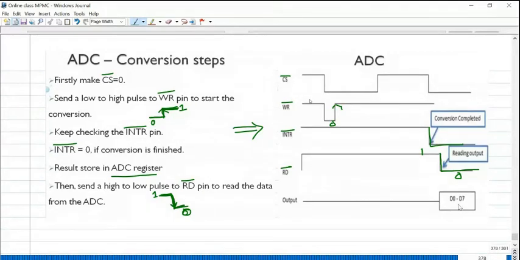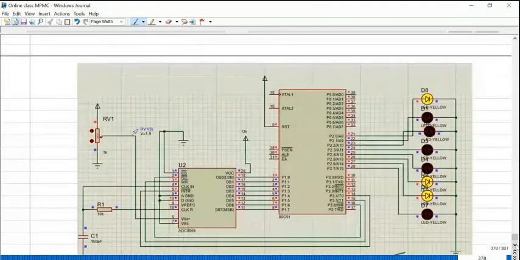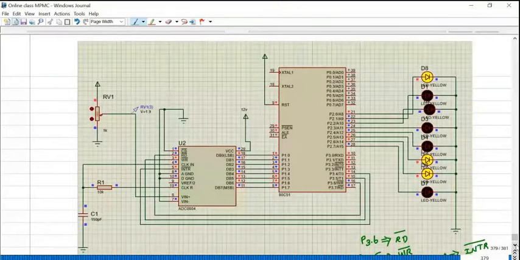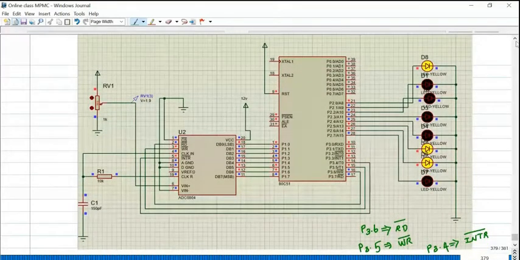So we may connect some LED, 7-segment display, or LCD display to display our data. For simplicity, I have connected LEDs in this example, D0 to D7, right? Okay, so this is the Proteus simulation circuit, which I have verified today. It's the microcontroller.